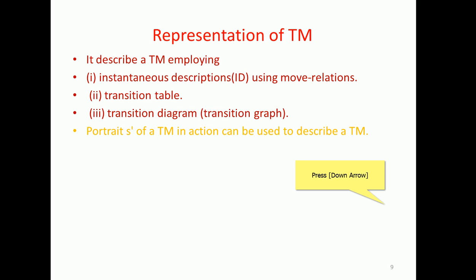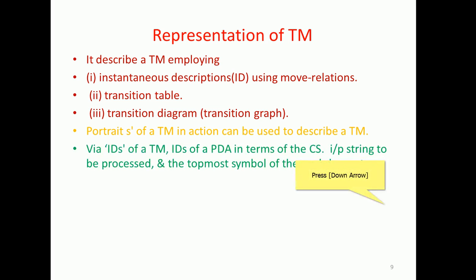So the Turing machine access will actively display the steps: which is left side or right side, which character and which cell is examined, and where it has to stop. All those instances are portrayed in the Turing machine actions. These portraits display the Turing machine dynamicity through the instantaneous description of the Turing machine. These ideas come from the push-down automata